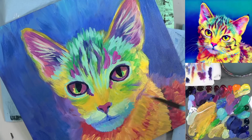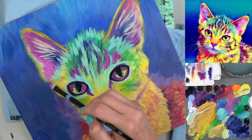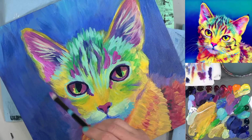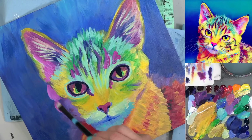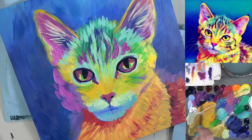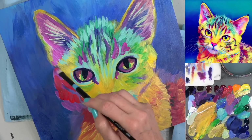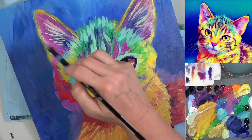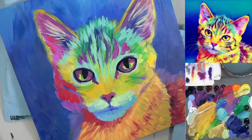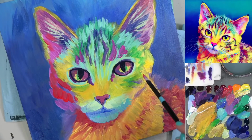Okay. So we're getting there. We'll bring this ear out a little bit. And then this side of the face needs to come out. So we're going to have these little cheekbones here. That'll help define that side of the face. I'm going to get my red and do my little... See, isn't that fun? So we're getting close. We're going to do...